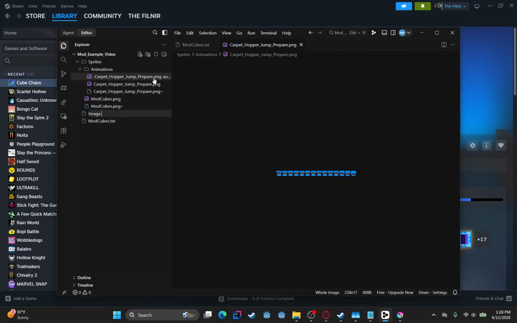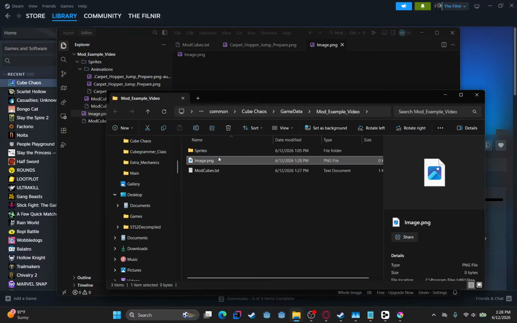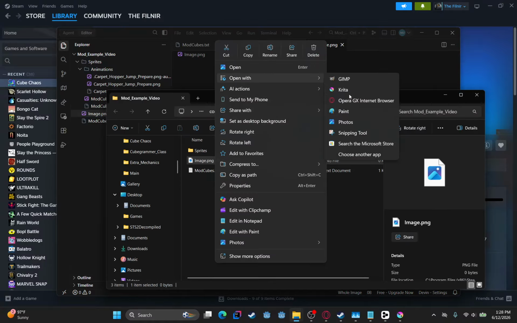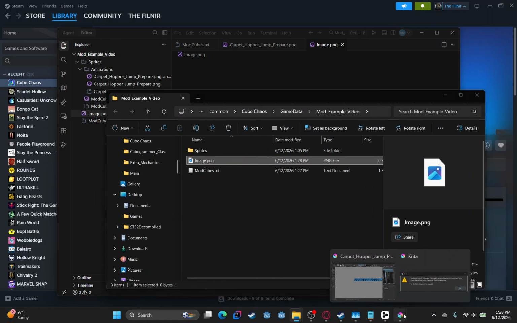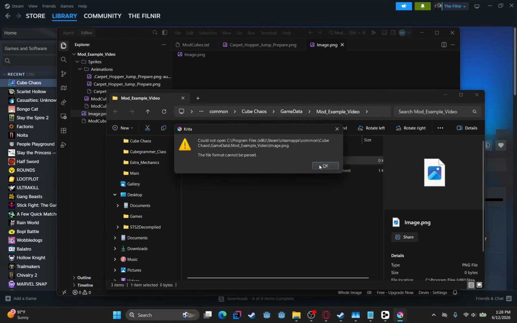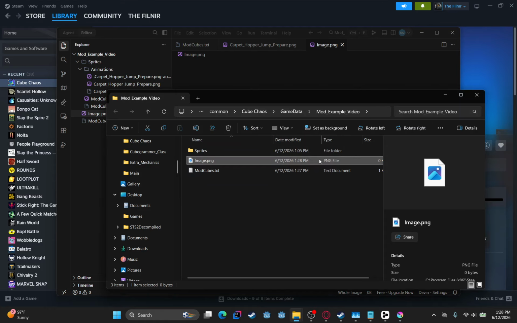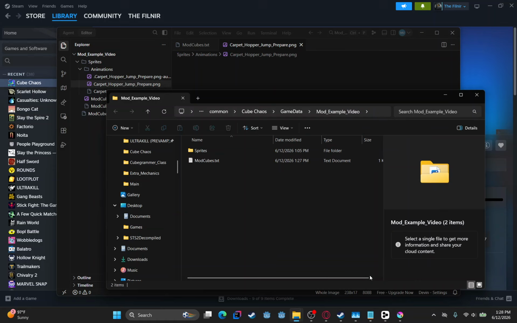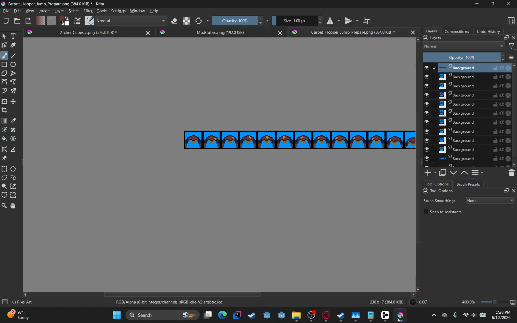Call it image.png. And reveal in File Explorer. Open with Krita. Krita is dumb. I mean, I know why I couldn't parse it, but